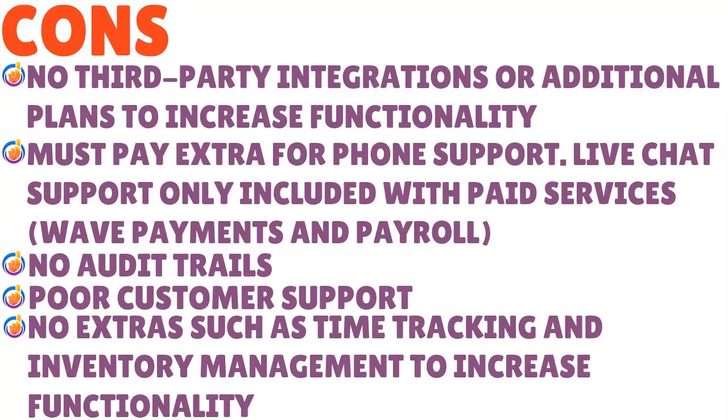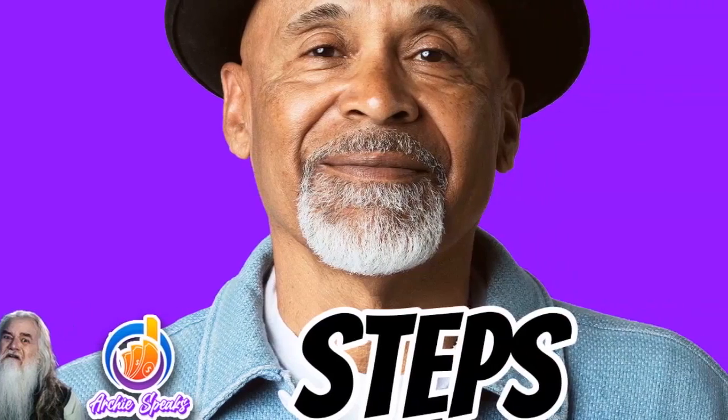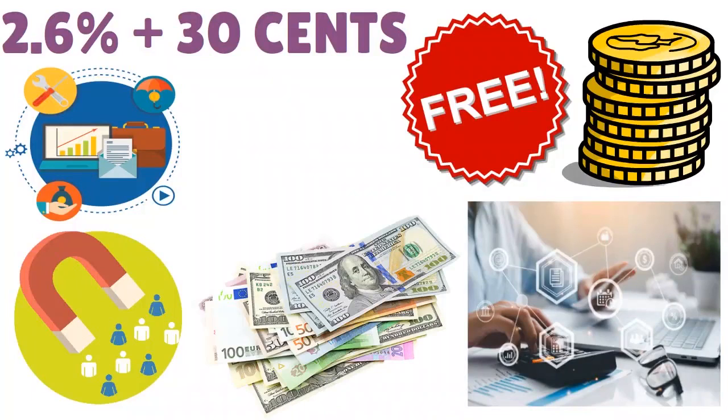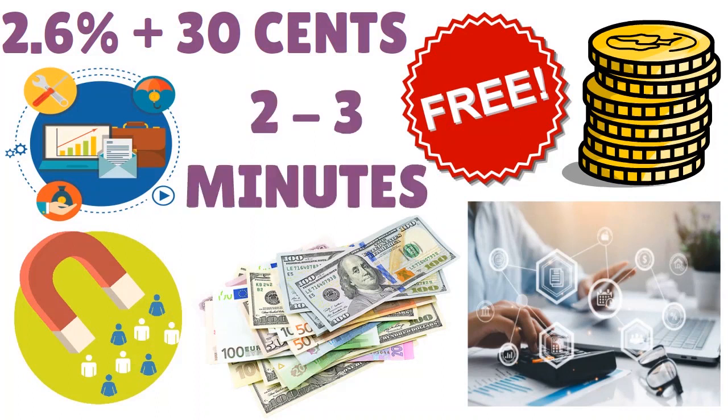Let me give you a little bit of info about the steps. So how does Wave accounting really work for real? First of all, getting started, you can sign up for Wave quickly and easily online. Just go to their website. After providing a few basic details about your business, like your name, the type of business you have, LLC, S corporation, C corporation, LP, and what have you, and the currency you use and your address, you'll have instant access to your free account. It takes about 2 to 3 minutes. When we did it, it took us like 5 minutes, but that's because we did it for clients.